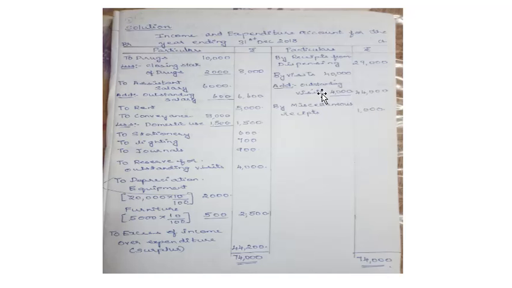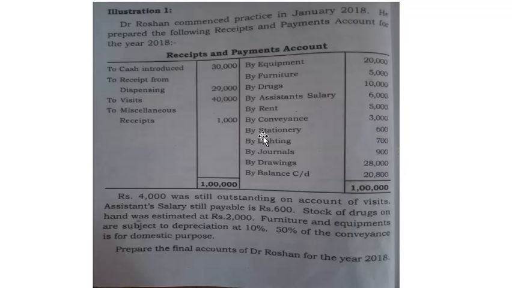Now the same reserve we have to create on the opposite side. When we come to the opposite side, this side, you have to write to reserve for outstanding visit 4,000. It is only for income: you have to add here outstanding income visit 4,000. The same you have to write on the opposite side, reserves for outstanding, the same 4,000. Immediately you have to cancel that amount. Next,